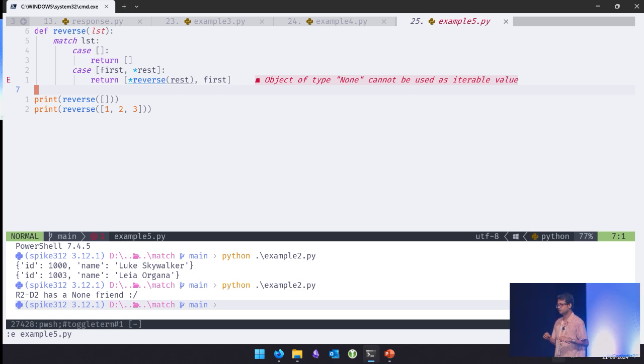Now one common question a lot of people ask is, I can do this with if else. I can say if list equal to square bracket, right? Do I need this? My answer to that is, let's take list comprehension as an example. How many of you like list comprehension? Yeah, put your hand up. Okay, almost everyone. This is a very popular feature in Python. Now everything I do in list comprehension, I can do with a for loop, right? Agree? So why do you like list comprehension?